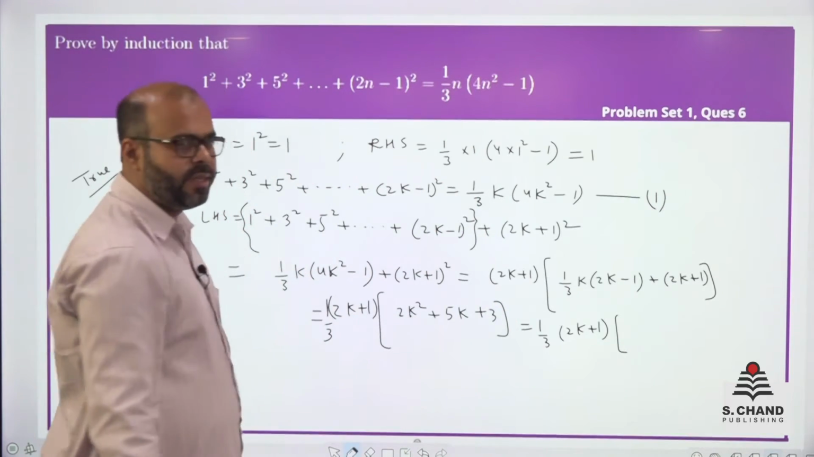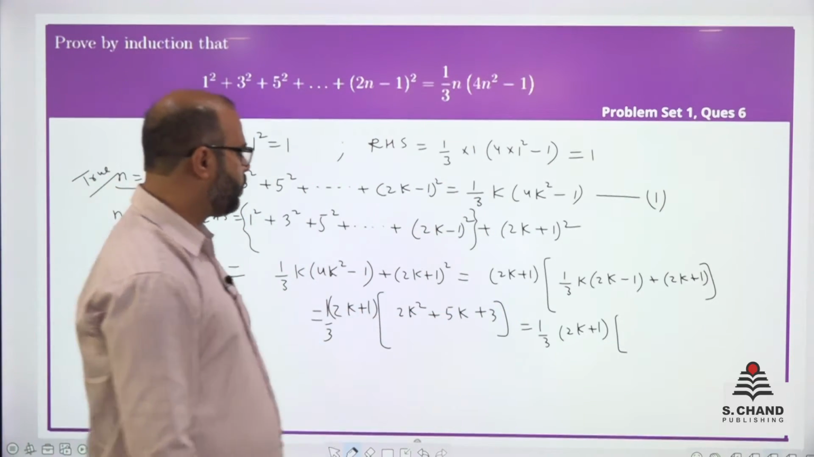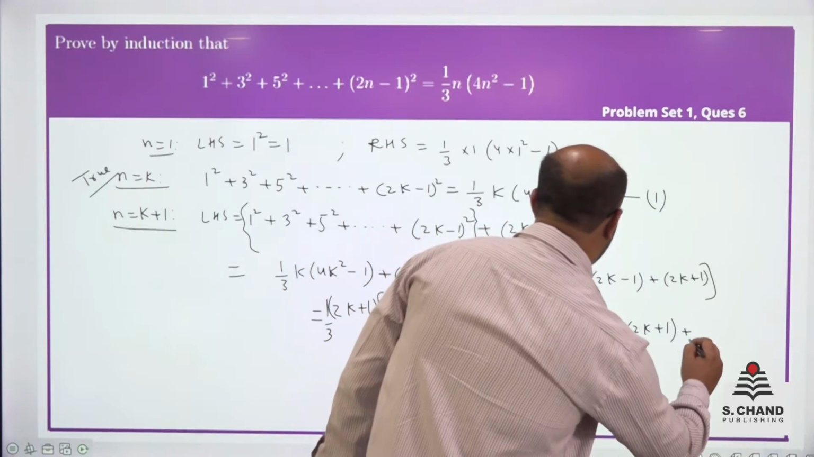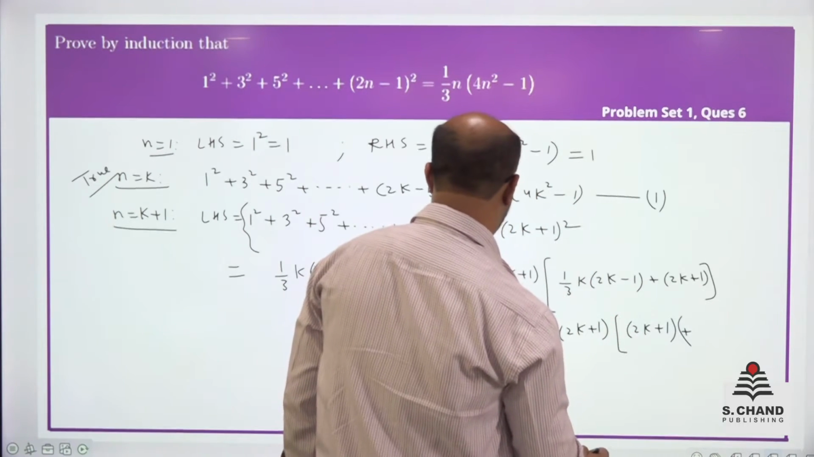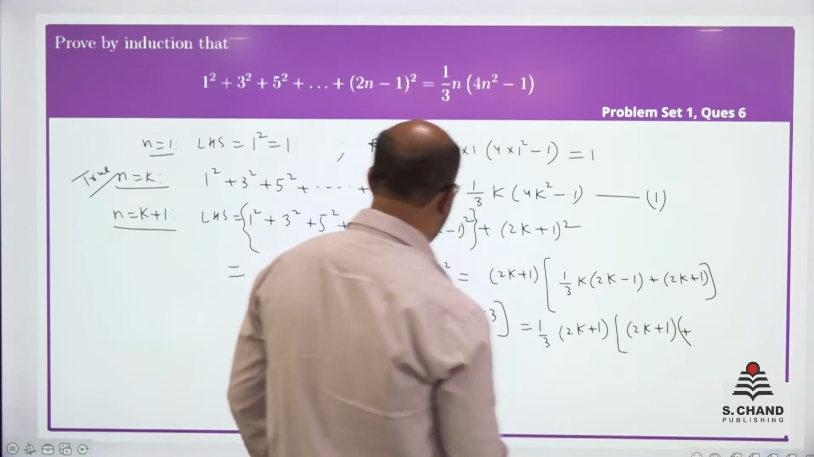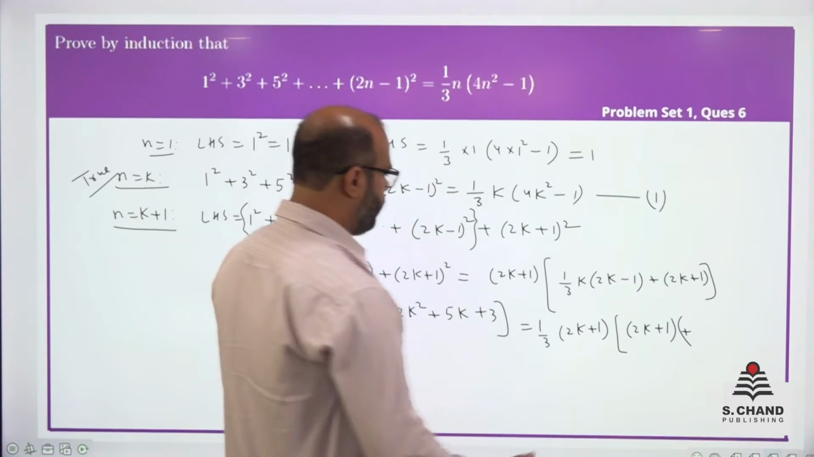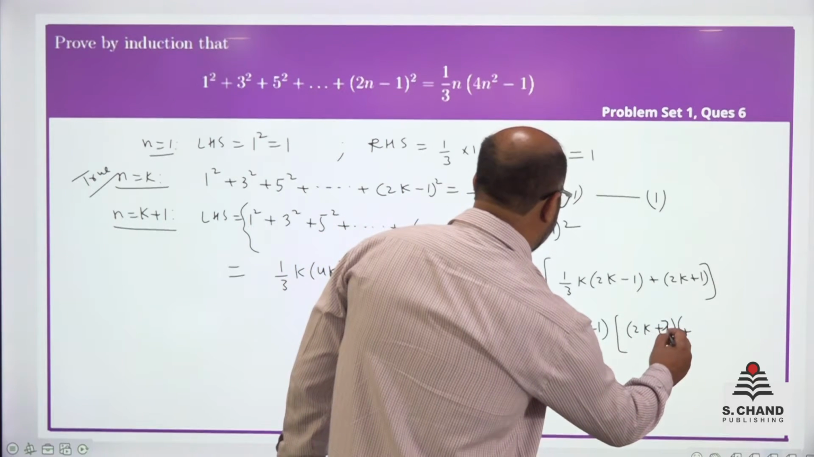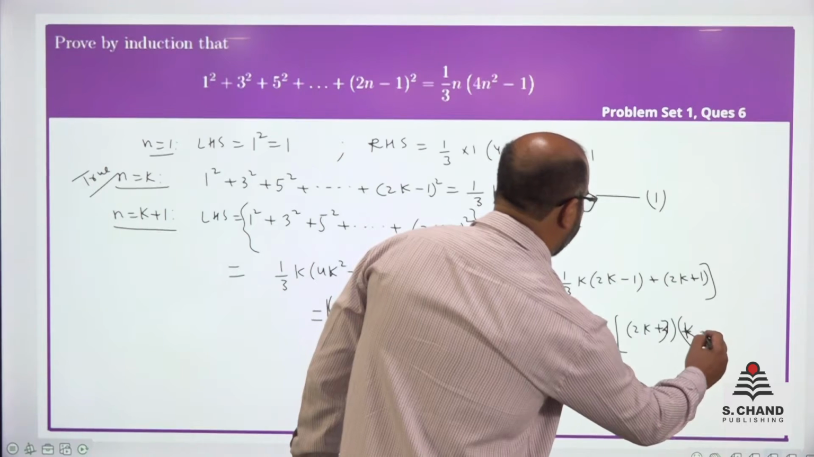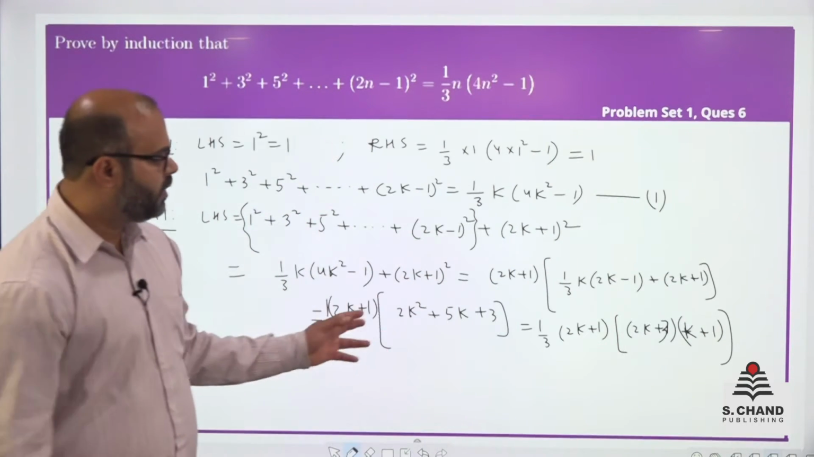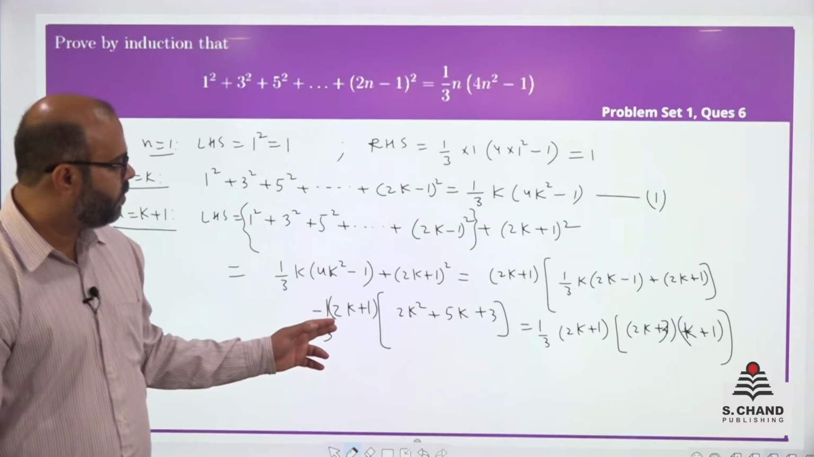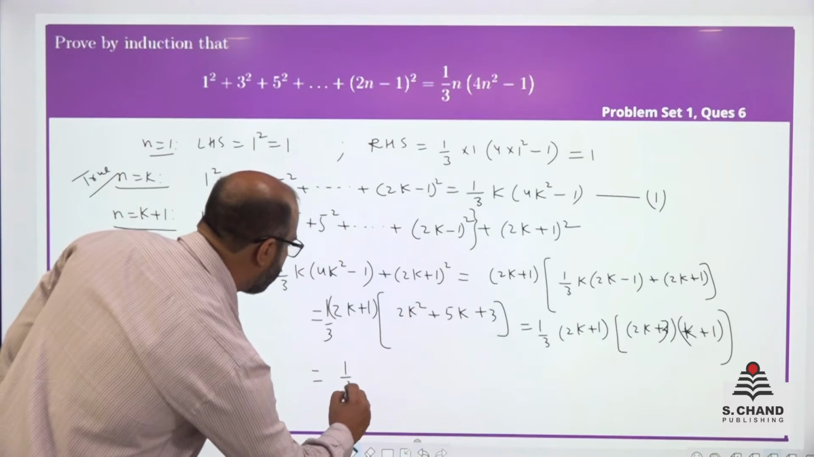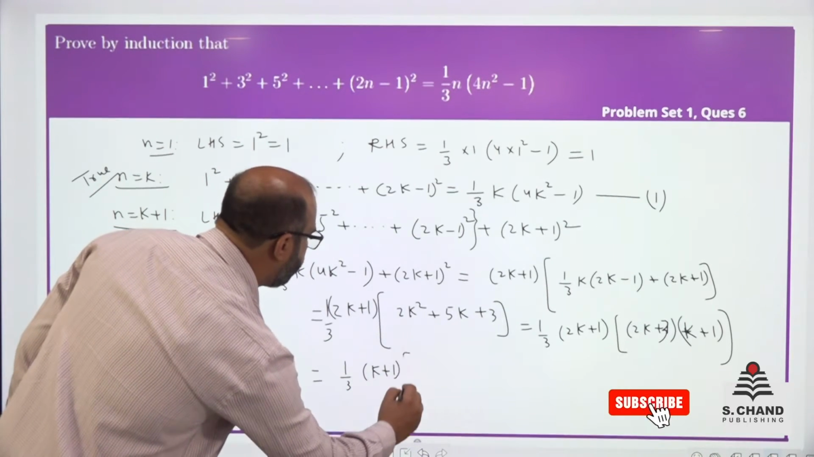and let us do the middle term splitting here. So this is 2k square plus 3k plus 2k, so (2k plus 1) into, after middle term splitting, this will become (2k plus 3) and this will become (k plus 1). Okay, you can multiply and check, 2k square plus 3k plus 2k, 5k, that will be plus 3. So this is becoming 1 by 3 (k plus 1) into